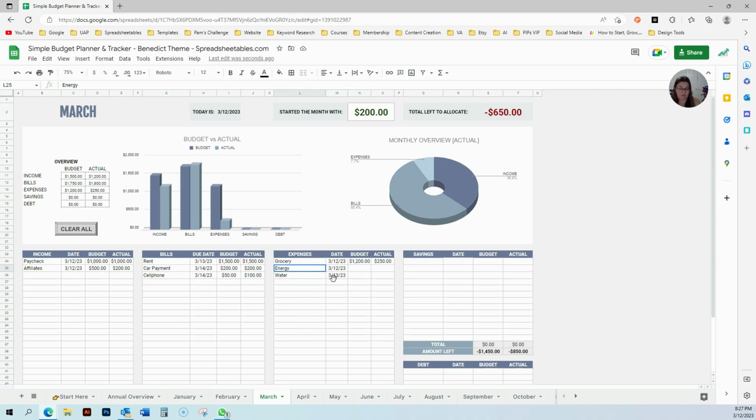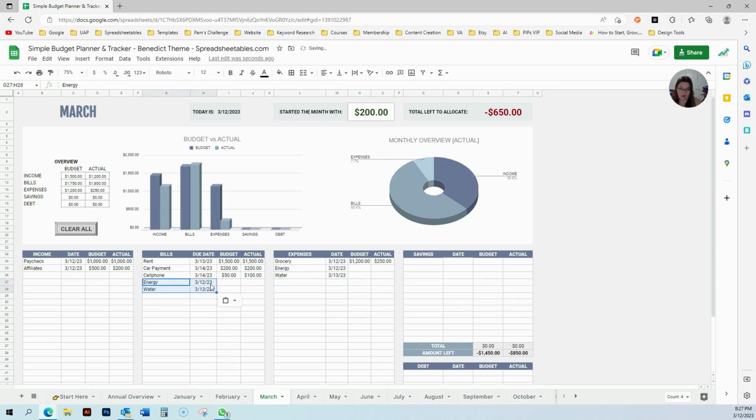I'm going to move it here because it's something that I have every month. Makes more sense to be there, right? So here we have that. So my bills are a little over, and I see that's because of my energy, right? So here would be grocery, entertainment,